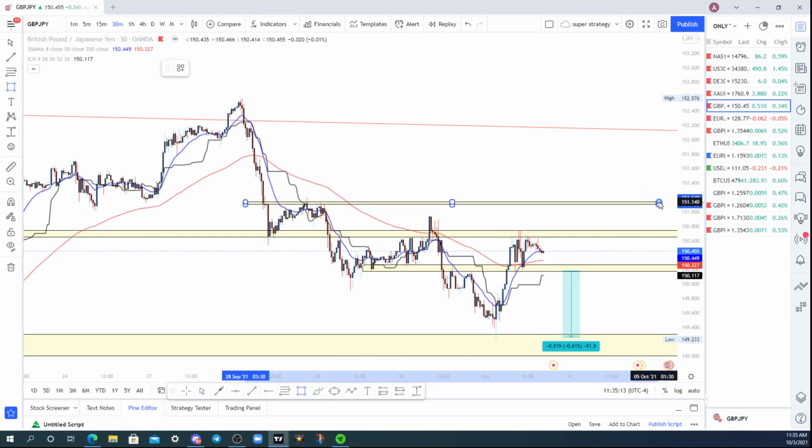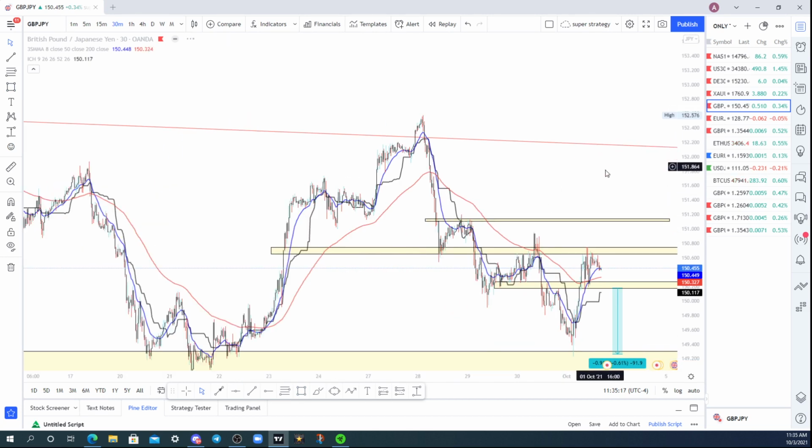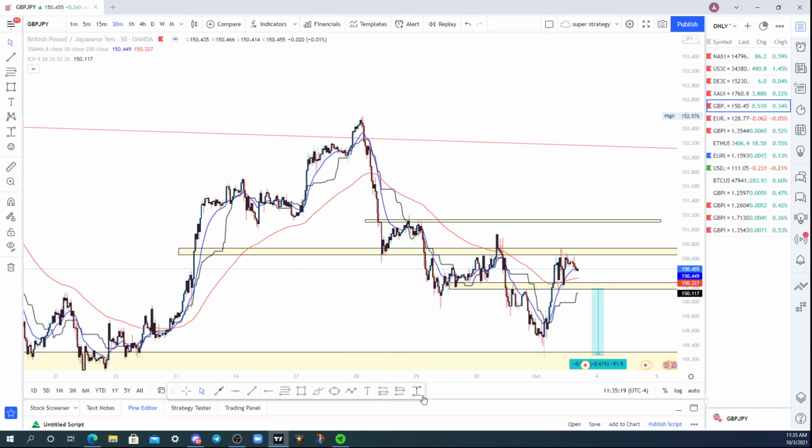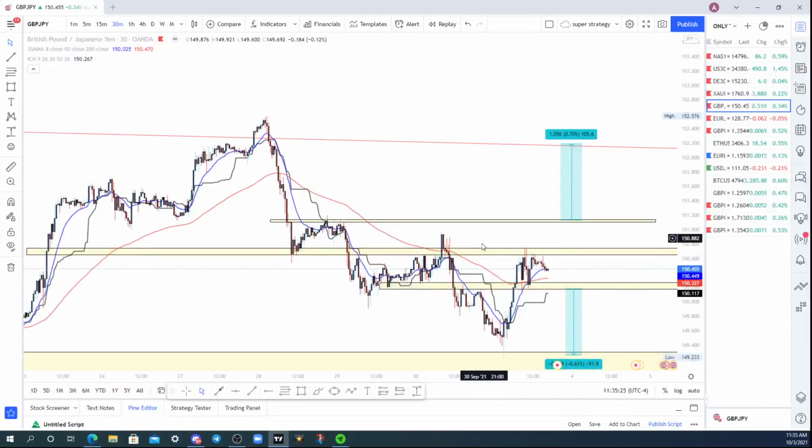Now, if we do start to break above this lower high and this lower high, then we're switching trends to come up and touch this trend line, right? Or I'm thinking up here, 105 pips. That'd be nice. That's the move I'm looking for. I'm not looking to take it long here, although it could work out, because all we need is 10 pips. But this right here is not what I like seeing. So I would probably just wait until these areas up here get broken. I think that's our best route.